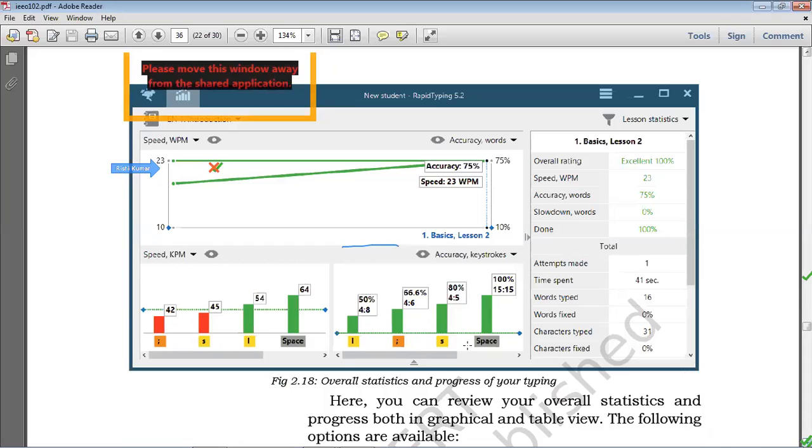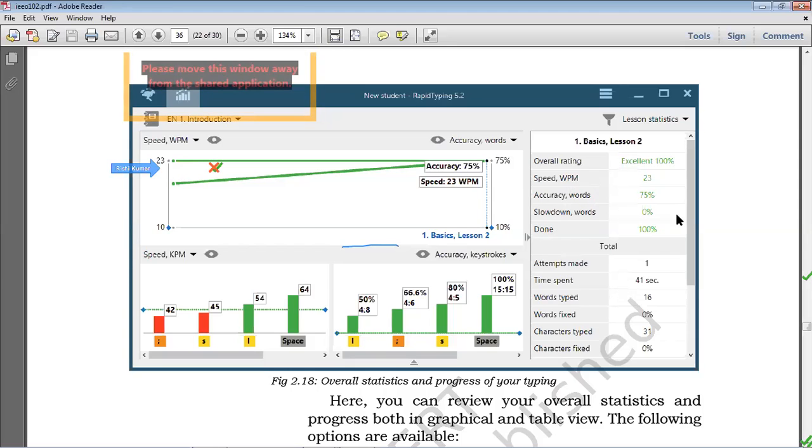Okay. Overall rating, 100%, excellent. Speed, words, WPM. What is this WPM? This is the speed of typing, meaning words per minute. There are different kinds of parameters: words per minute, or it can also be characters per minute, meaning CPM and WPM. Accuracy words, 75% here, displaying the result.